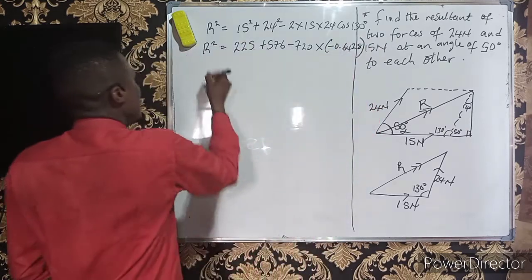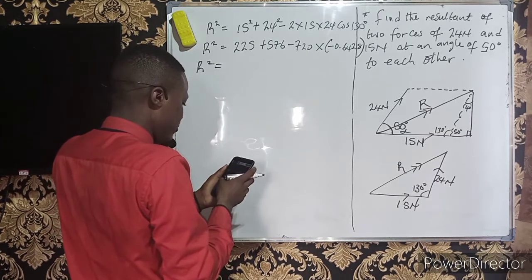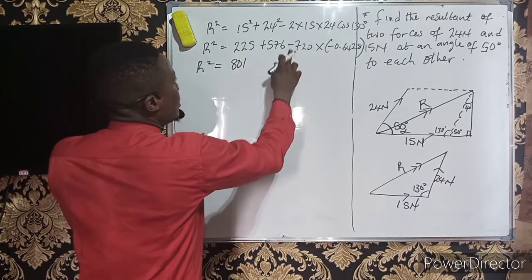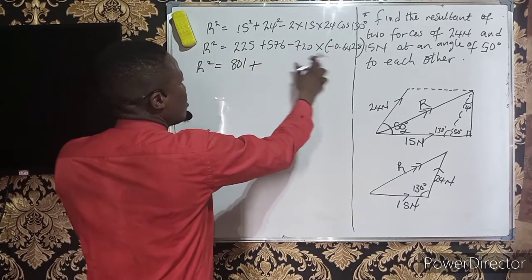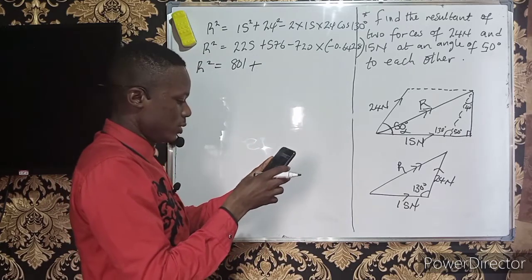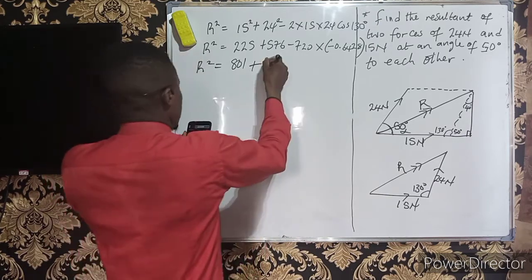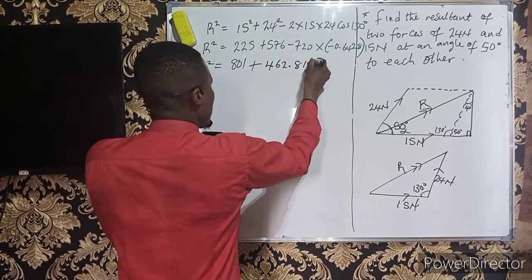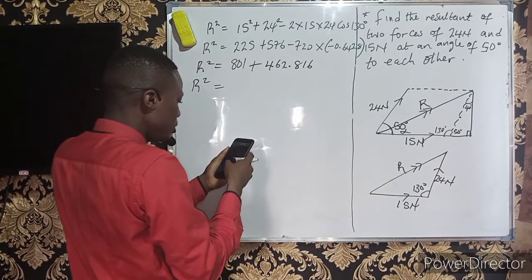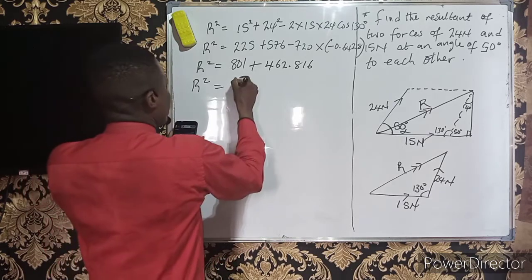0.6428. Okay. So R squared will now be 225 plus 576. 225 plus 576 will give us 801. 801 minus minus will turn to plus. So 720 times 0.6428, that will give us 462.816. So R squared will now be, we add up, plus 801. So it will give us